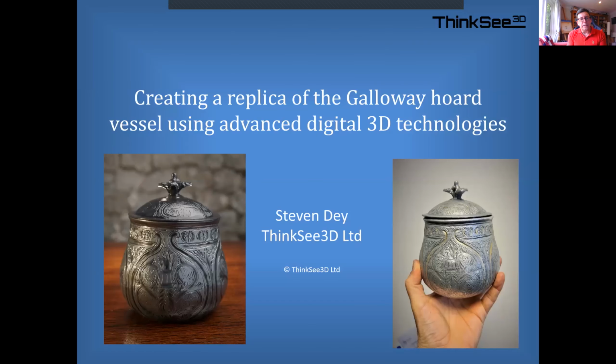So tonight's talk is about creating a replica of the vessel that was found as part of the Galloway Hoard. An absolutely remarkable discovery, and one which was a real pleasure for me to get involved in, applying some of my knowledge and techniques to it. It's largely about the 3D technologies that I applied to try and unwrap this amazing vessel, rather than a lot of the background history about the actual vessel itself. I know there's already been lectures about that. Obviously I'll touch on it, but mostly it's about the 3D stuff and the technology,